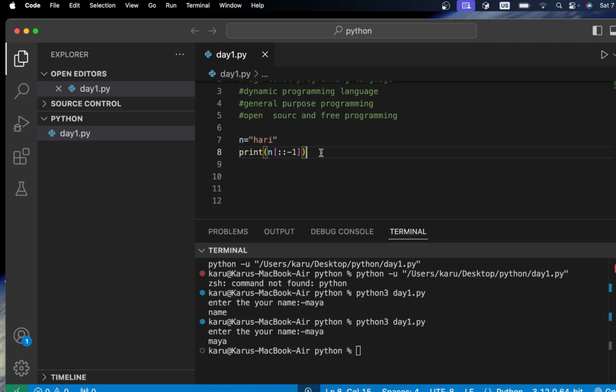So I print this variable n, and this is called the slicing method. Okay, -1, I want to print this name, hurry, in reverse to print on my screen. You can see this result is printed here, reversed. Okay, this is the easiest programming language. Here you do not feel it is too difficult to run your program, so that is why Python is easy and understandable.